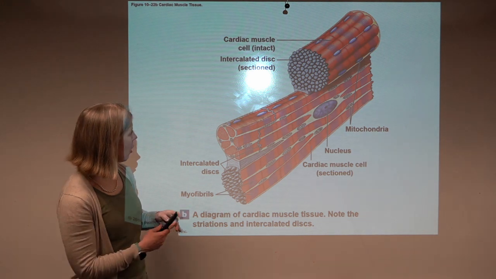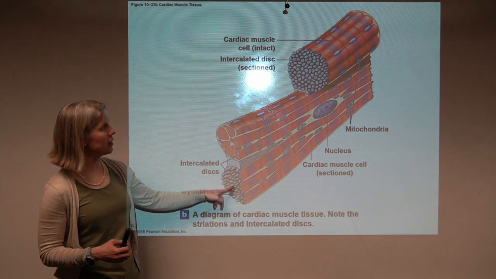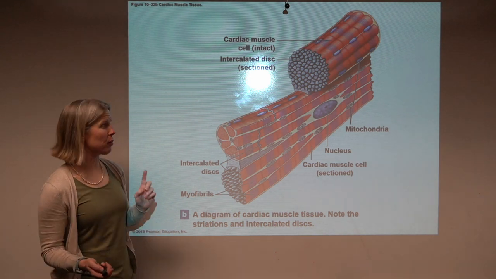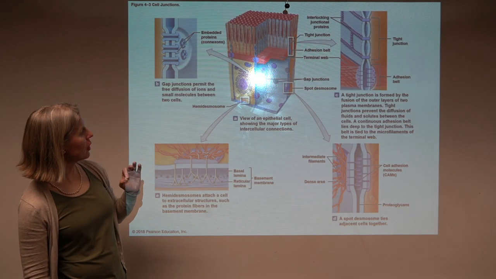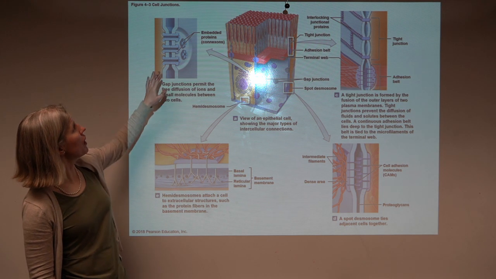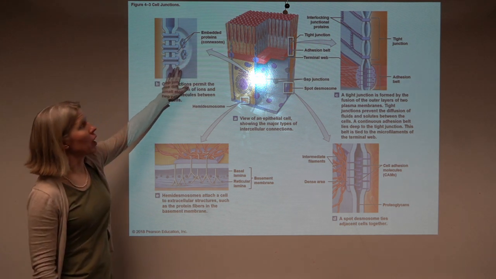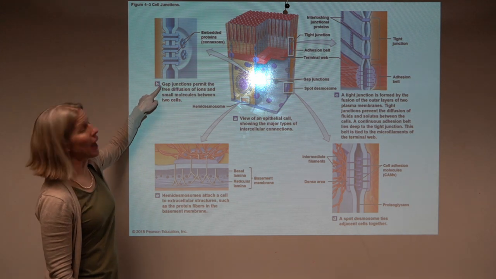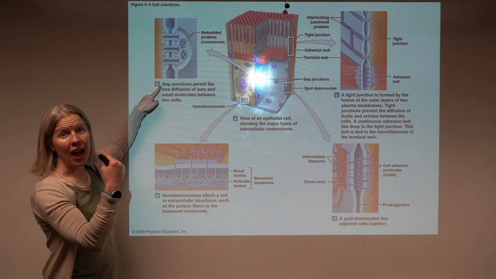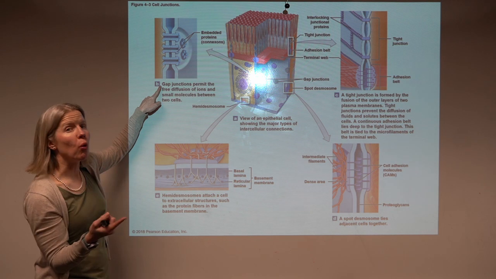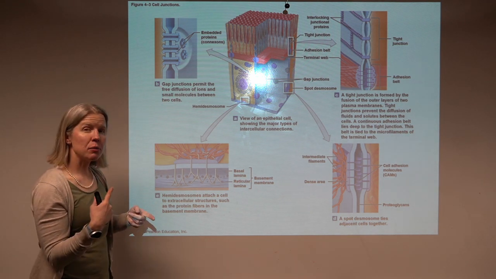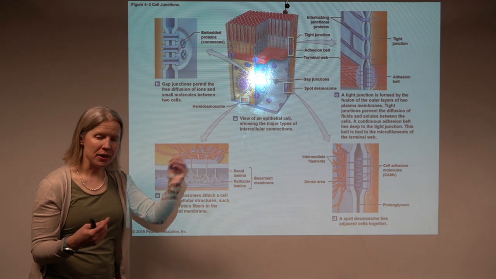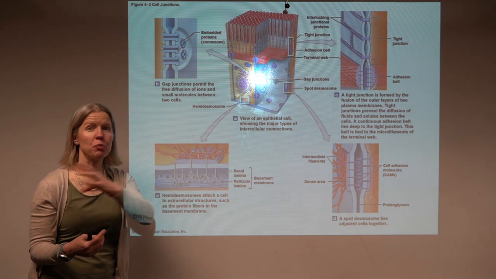And if you'll recall, this intercalated disc was basically where neighboring cells are meeting, and it was a lot of protein connecting the cells because we needed gap junctions to let ions run from one cell to another. This ends up being super important in the heart so that depolarization can